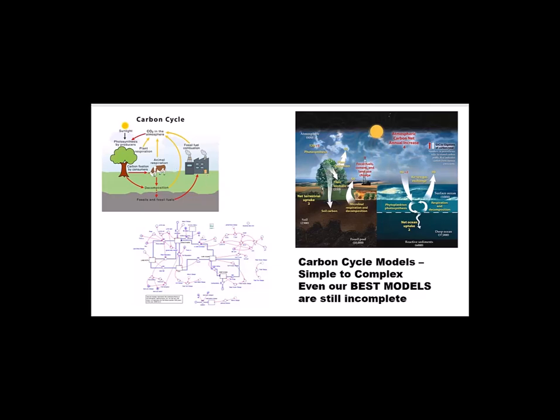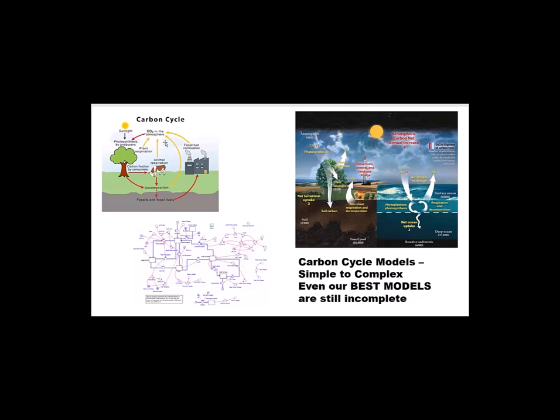Okay, this is a slightly more complex model of the carbon cycle. You can see there's a lot more stuff going on in here. This down here, this is a very complex model of the carbon cycle. It goes into actual numbers because there is way more stuff going on in the carbon cycle than you see either here or here. I mean, yeah, there's a lot of stuff happening here, but the carbon cycle is not